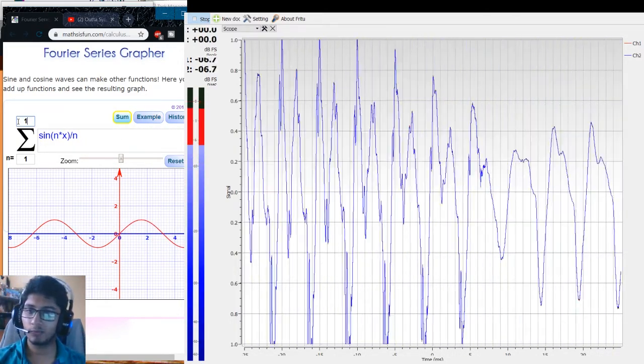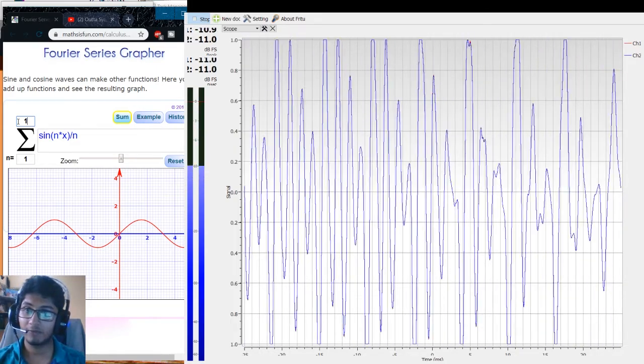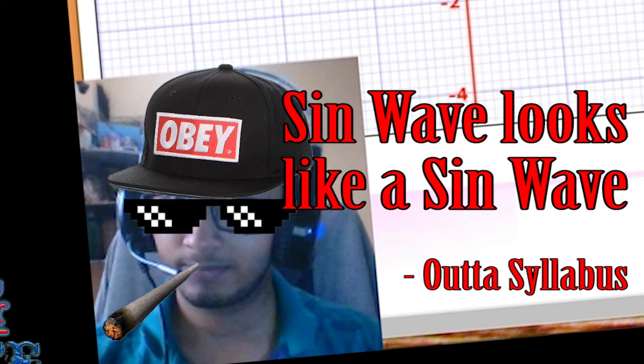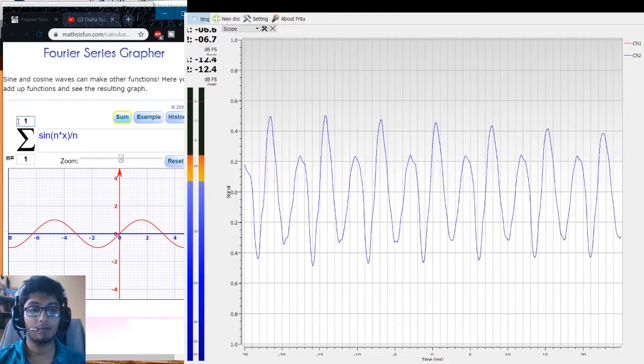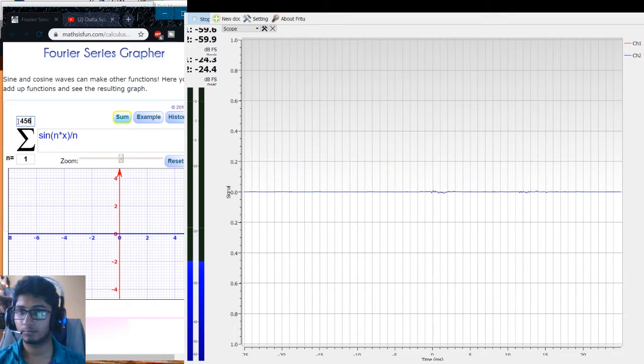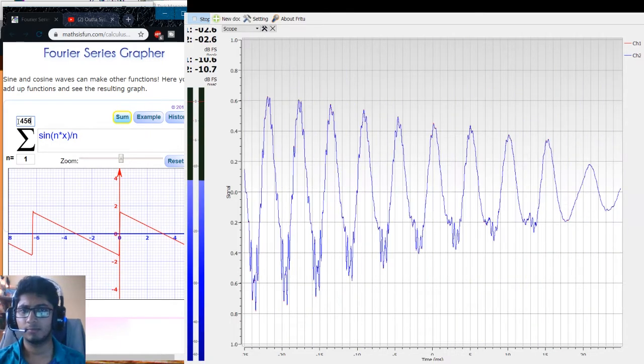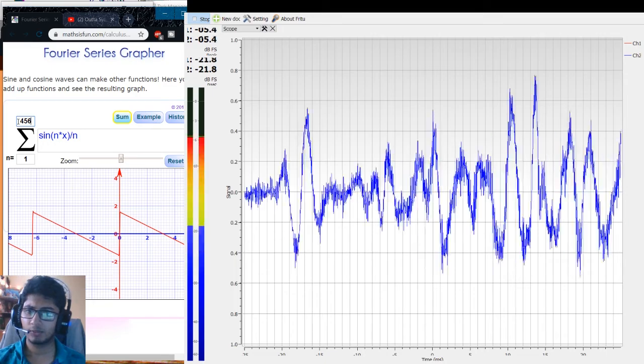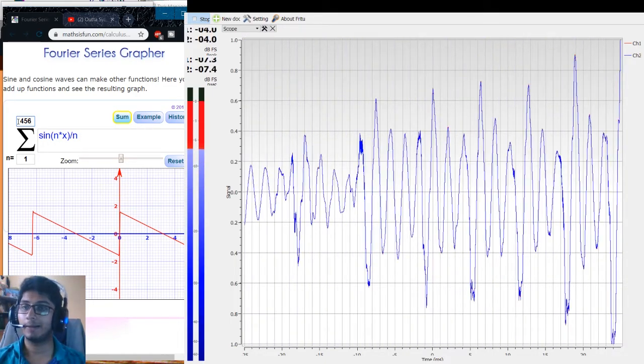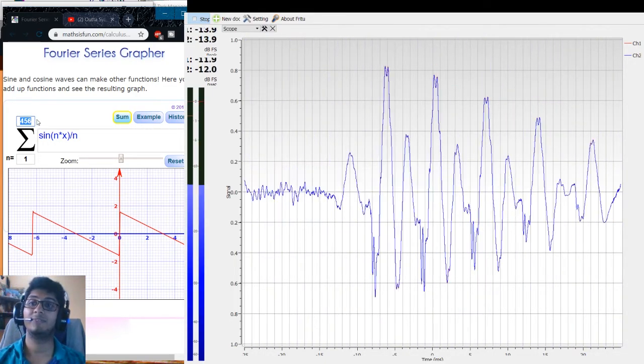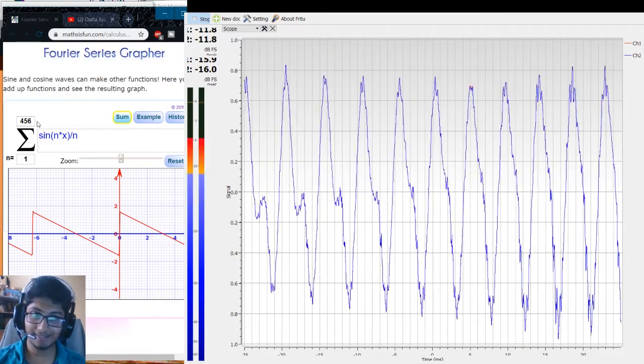Again, a single sine wave will look like a sine wave, obviously. And if you put it again, you can see this is a sawtooth. It's so beautiful. So I am putting here a large number such as 456, but according to Fourier series, you